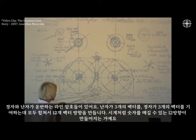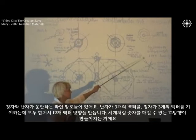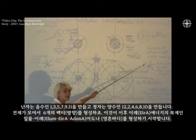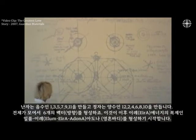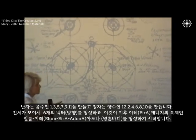lines. Now, the lines that are both carried, they're encryptions of lines that eventually become fire lines, right? There's actually a set of 3 vectors that are contributed by the male and 3 that are contributed by the female. When you put them together, you get that set of 12 that you can number like a clock. And on the clock, the axes that come from the female are the negative numbers. They're the 1, 3, 5, 7, 9, and 11. And the ones that come from the male are the 12, 2, 4, 6, 8, and 10. And when they come together, each of them 3 vectors, they form a 6-vector thing that actually forms the beginnings of what later becomes a replica of the